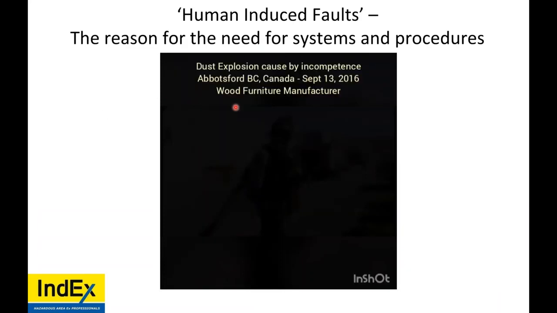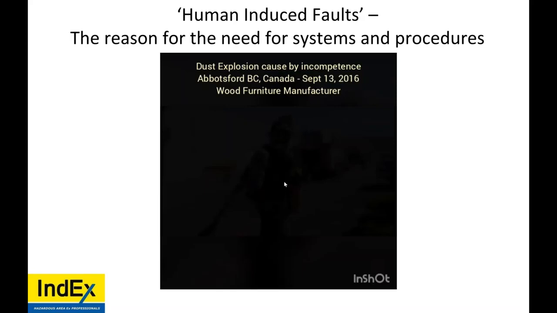Human-induced faults. If something is not an act of God, for lack of better terminology, it was caused by a human. So therefore, us humans, whenever these mistakes happen, we can mitigate them with systems and procedures, quality management systems, work procedures, Take 5s, JHAs, job hazard analysis. We've implemented these because we have statistical history of multiple issues happening, whatever industry.